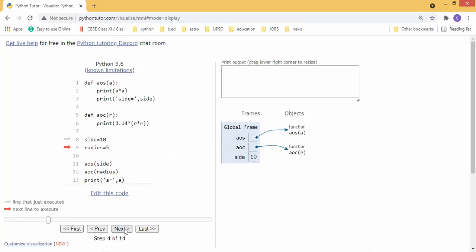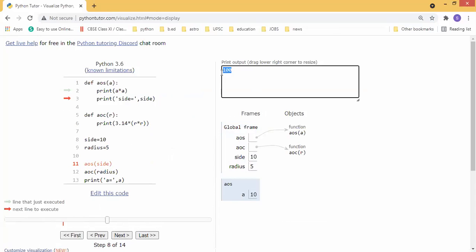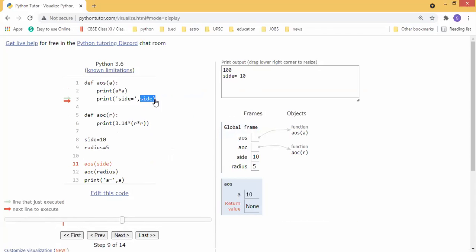It will work everything. We already know these things. After calling the function, area of square, it's going to pass the value. Students, mute yourself. So it's going to print the square, that is 100, and the next statement, side equal to side. That is, side is the statement and this is the value. So see, it is visible here. Students understood? Because it is a global variable, we can view it from anywhere. Understood by everyone? That is visibility, that is variable scope.